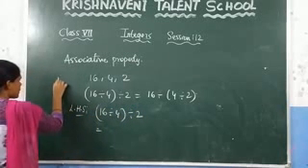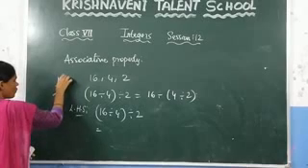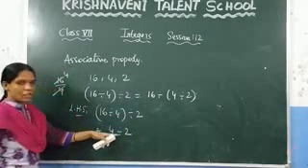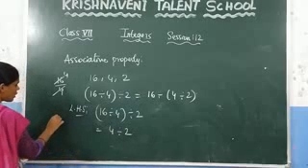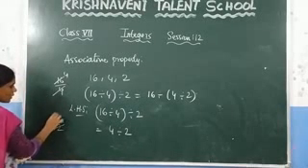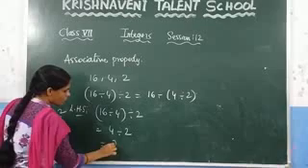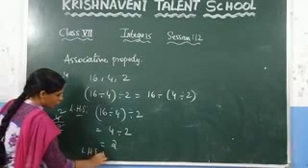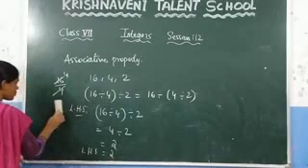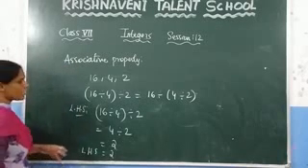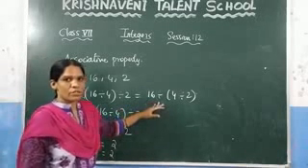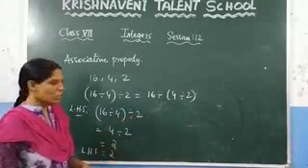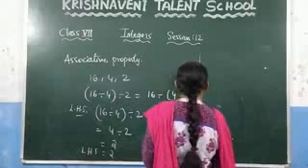You know that 16 by 4 is nothing but 4, since 4 fours are 16. You will get the answer as 4. Now 4 divided by 2. What is the value of 4 by 2? Which is nothing but 2, since 2 twos are 4. You are getting the answer as 2. This is the value of LHS. After doing the calculation for RHS, you need to check whether you are getting the same answer 2 or not. If not, this property does not hold. Now check for the RHS.